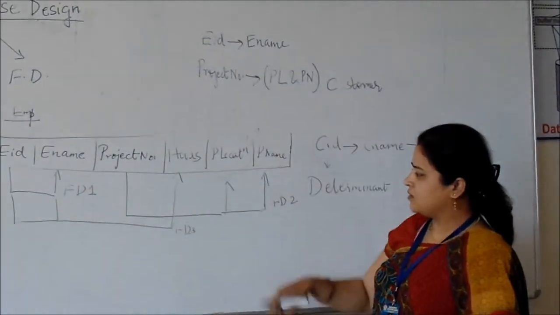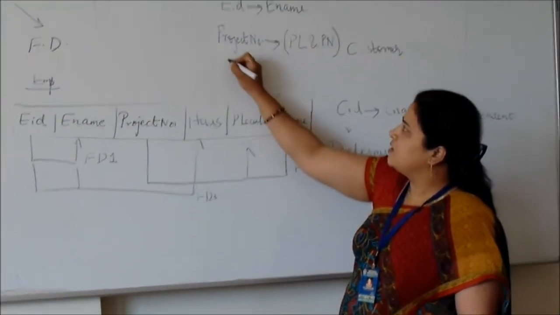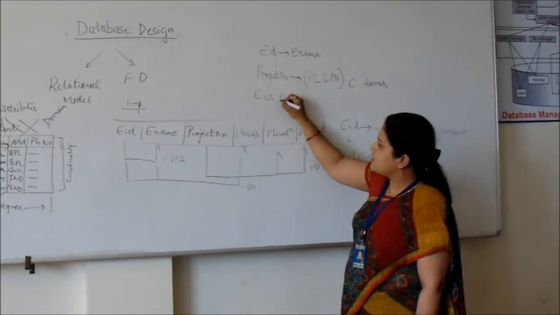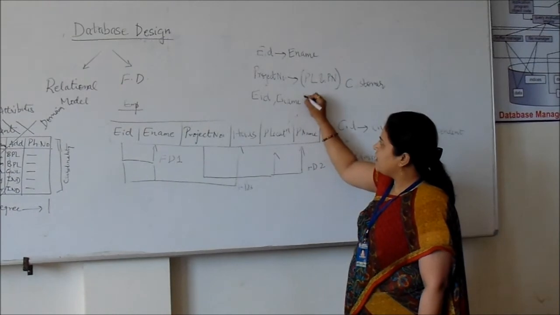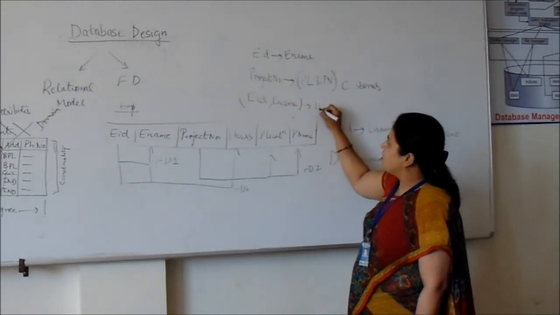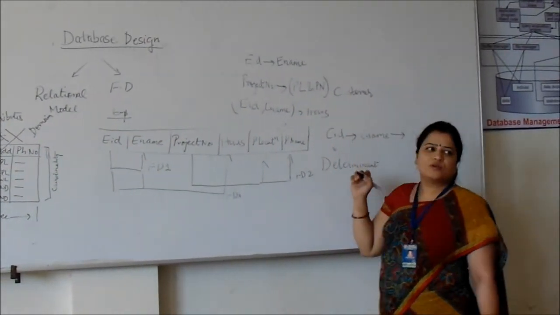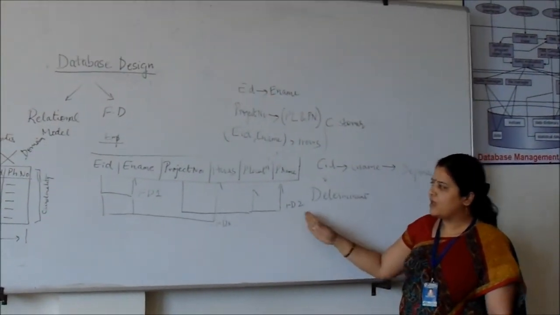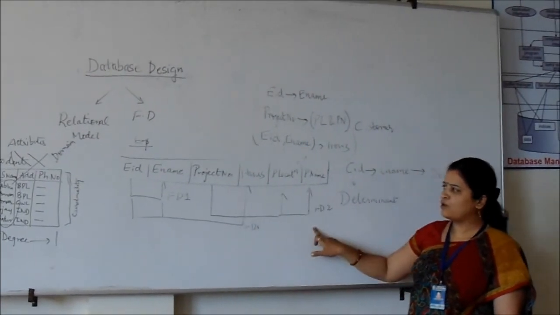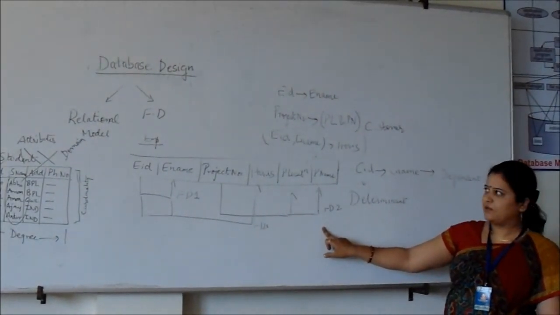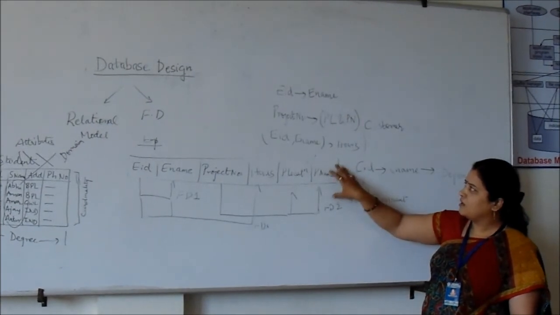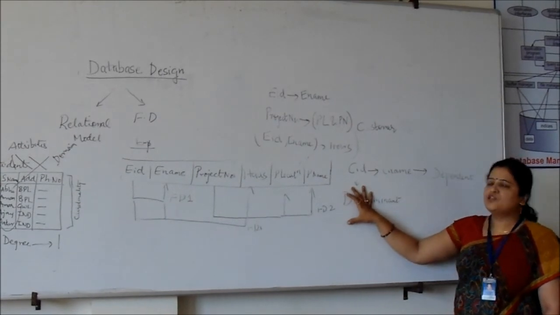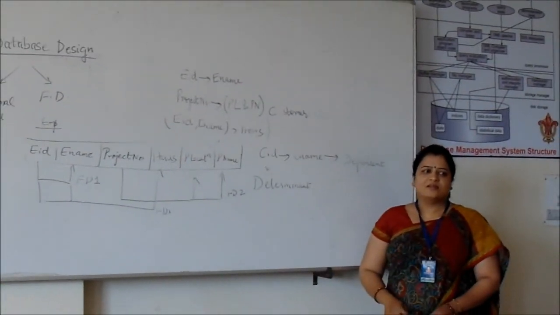Similarly, the third functional dependency, that is the combination of employee ID as well as employee name, uniquely identifies the number of hours an employee works on a project. So these types of functional dependencies we can create with the help of first designing the relational model of attributes of a particular table. In this way we design the table, in this way we identify the functional dependency. So these two things are the essential parameters of database design. Any questions?